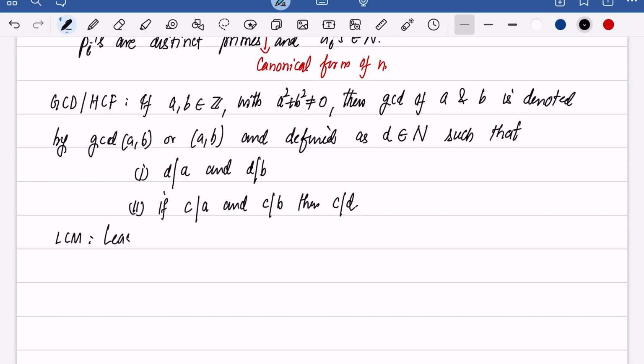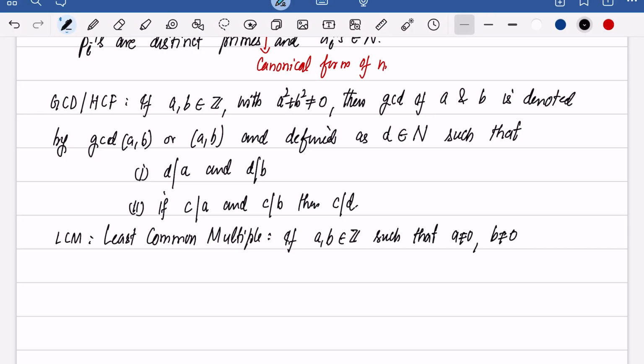LCM, which we read as least common multiple, is similarly defined as follows: if a and b belong to Z such that a is not equal to 0 and b is not equal to 0. So here we have a condition that both a and b must be non-zero. It's only then we can define the LCM. Then the LCM is denoted as LCM of a comma b, or simply a comma b in square brackets, and defined as L such that